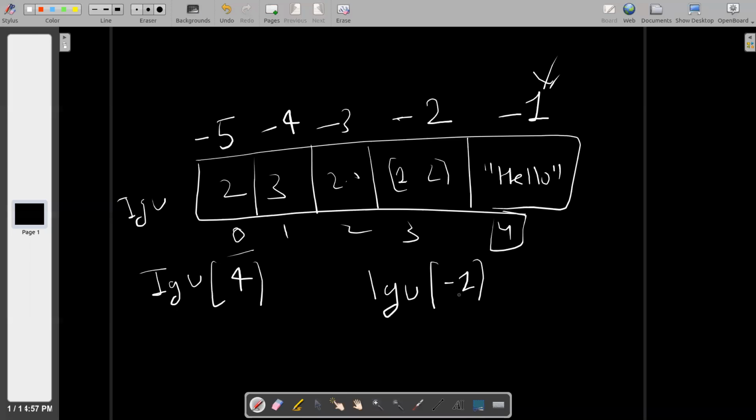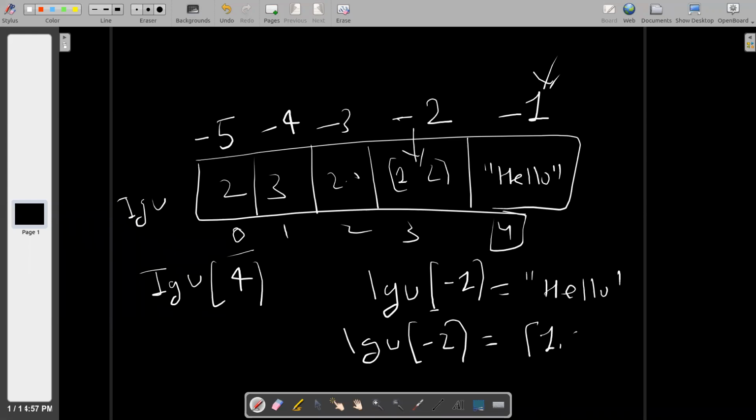As soon as I type it, it will return hello. If I type IGU[-2], it will return this one, 1 and 2. So it's a reverse way of traversing the list.